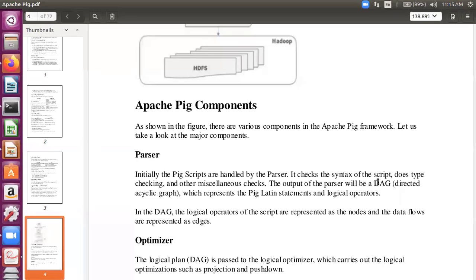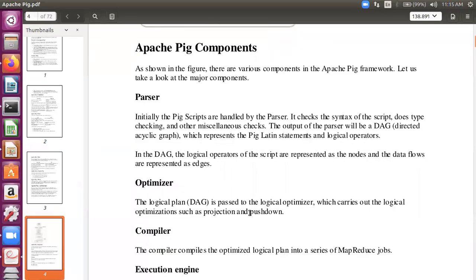Now this DAG is passed to the logical optimizer, which carries out logical optimization such as projection and pushdown. This is what is available in the Pig documentation. If you need to study projection and pushdown further, you can go to the Apache site, but I don't think it's required, because you're not going to see it working.